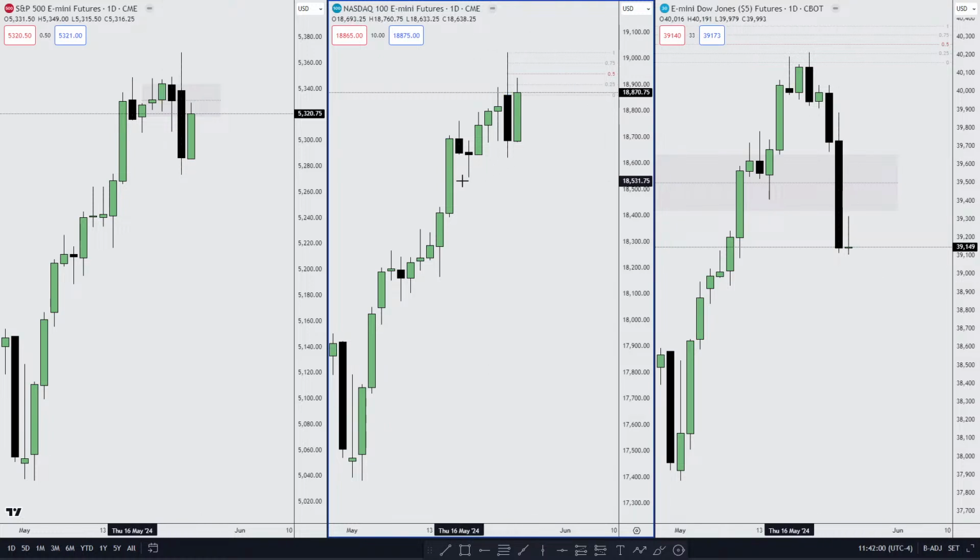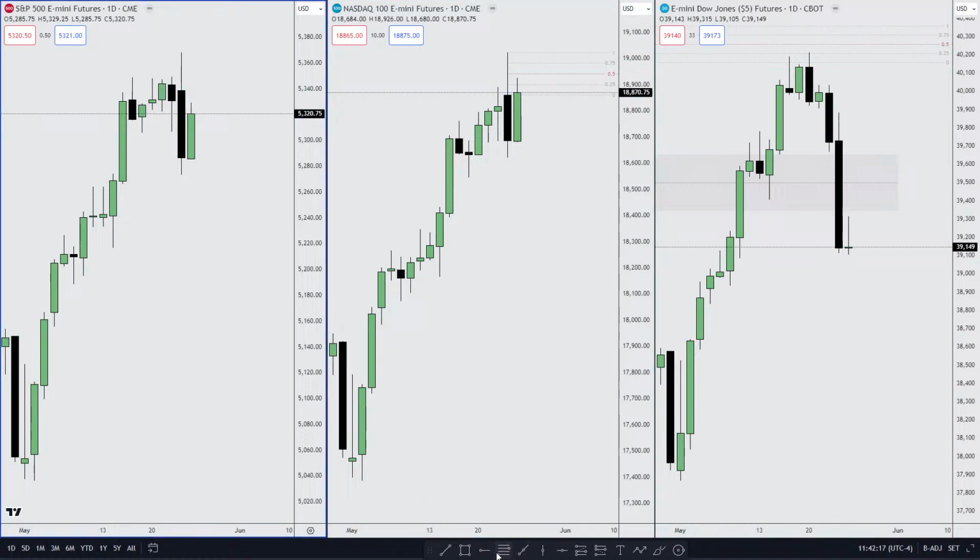Right here we have SMT on the lows, so NQ might want to go higher as compared to ES. If NQ is to take out this high here, I would be expecting ES to trade into the rejection block, and I want to see it react off the rejection block like how Dow Jones reacted off its weekly rejection block.